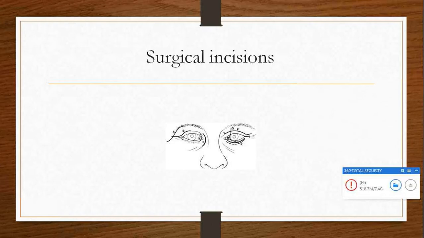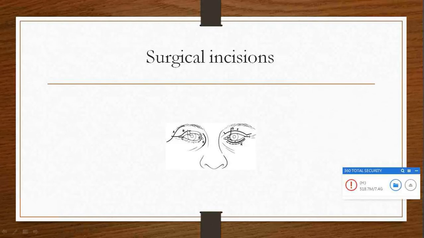The second incision is B, where you take the incision in the lid crease and then extend it into the lateral canthus, as shown here. You take the incision into the lid crease and then continue it into the crow's feet at the lateral canthus. Whenever you wrinkle or close your eyes, you will see the wrinkling at the lateral canthus, which is known as crow's feet. So you can hide the incision in the crow's feet.